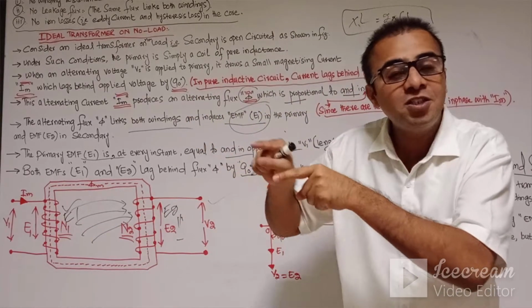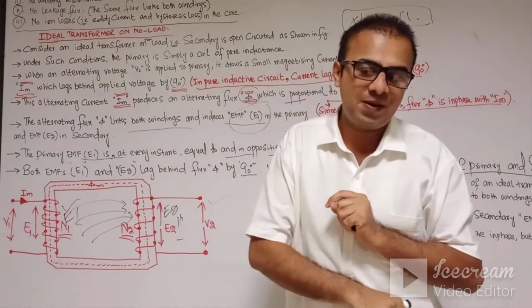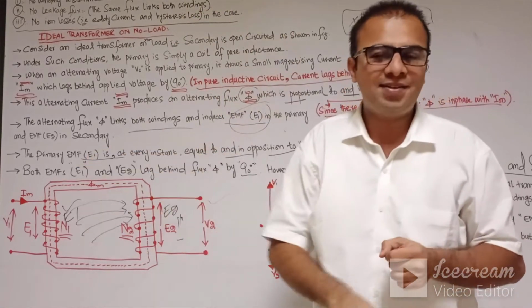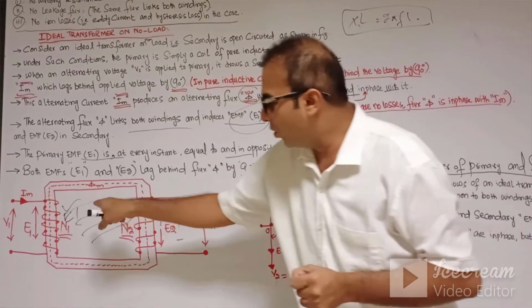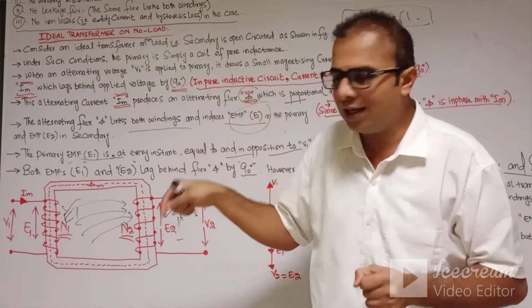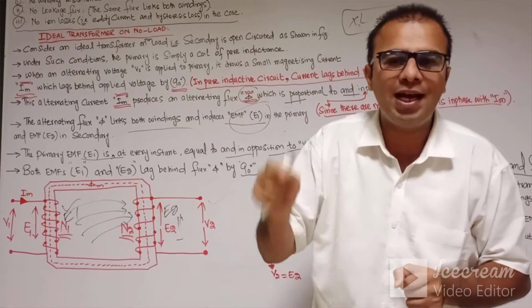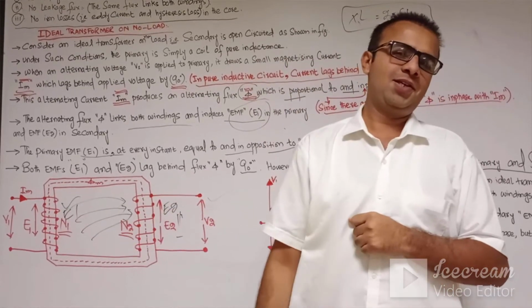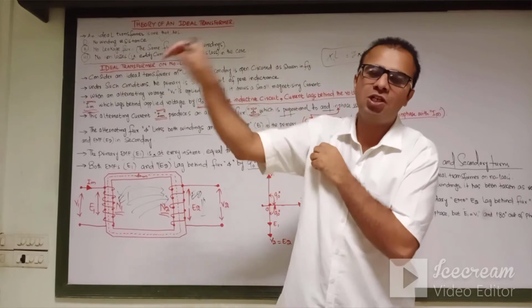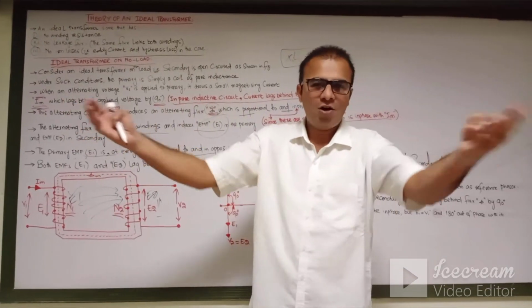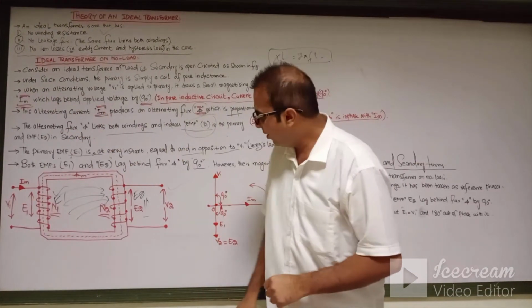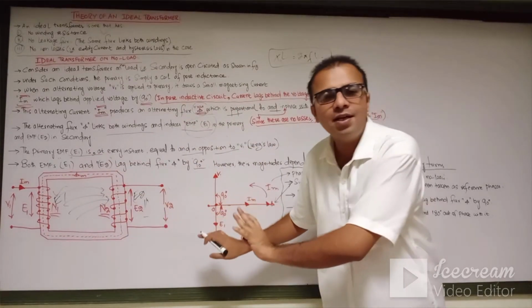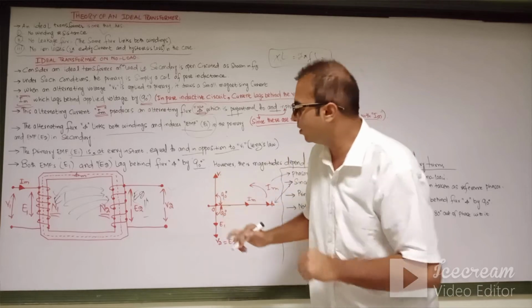Here E1, which is produced in the primary winding of the transformer, is because of the voltage applied on the primary side of the winding. So here E1 is the induced EMF in the primary winding, and what is the cause which produced the EMF E1? V1. So here E1 is in opposition to V1 according to Lenz's law. Okay. Both EMFs, E1 and E2, which is produced in the secondary winding because of the mutual induction process.